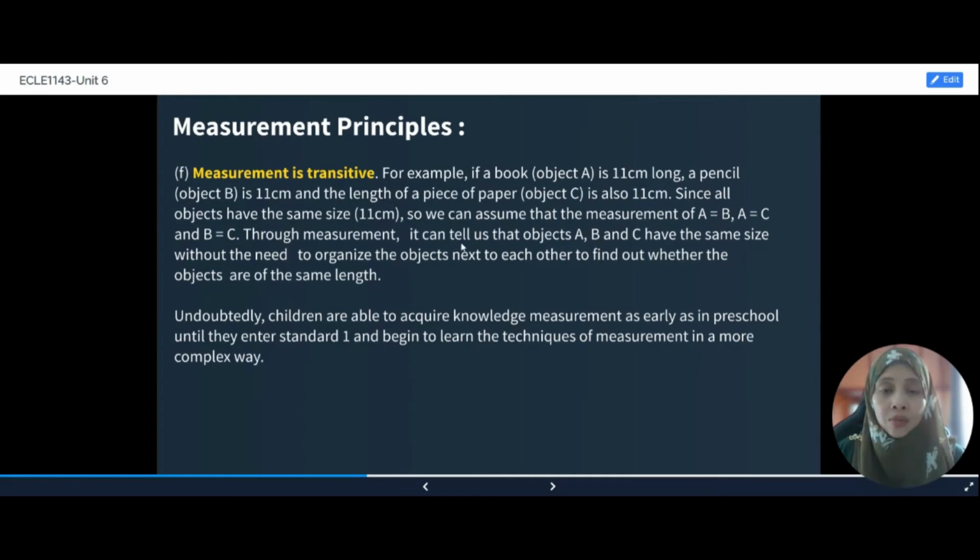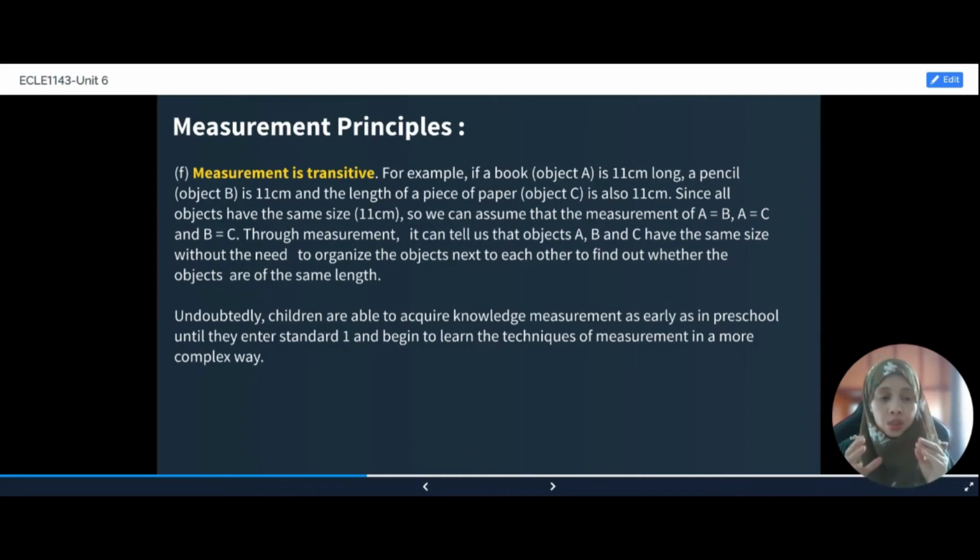So through the measurement, it can tell us object A, B and C have the same size without need to organize the object next to each other to find out whether the object are of the same length. So pengukuran juga dengan standard measurement ni kita akan dapatkan jawapan yang tepat